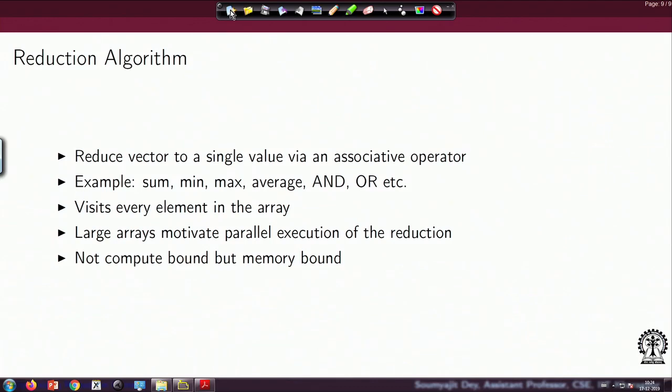Now, this is interesting from the point of view when I have a very large array to work with, a very large vector, a lot of values, and my final goal is to reduce it to a single value. Now, why is this interesting? Because this is kind of a pathological workload. In this case, there is not much compute to do, but a significant amount of memory operations, and since there are a lot of memory operations involved, most of the optimizations we have discussed earlier should have a role to play in reduction algorithms, and that is what makes them interesting in this context.